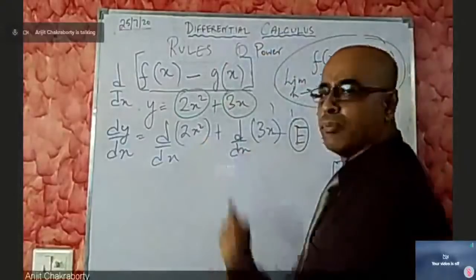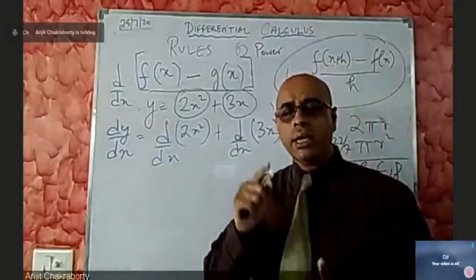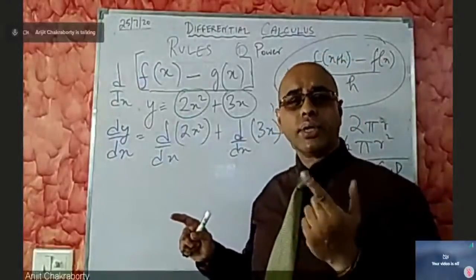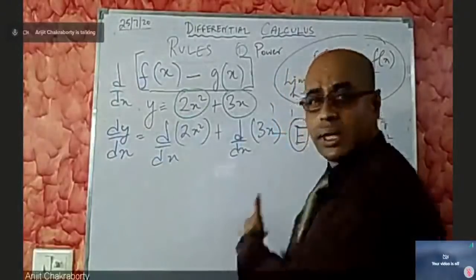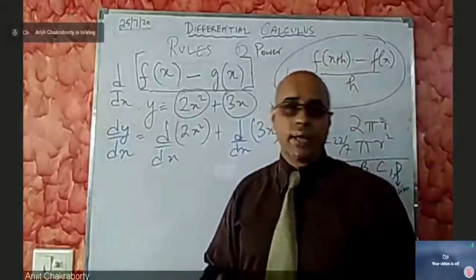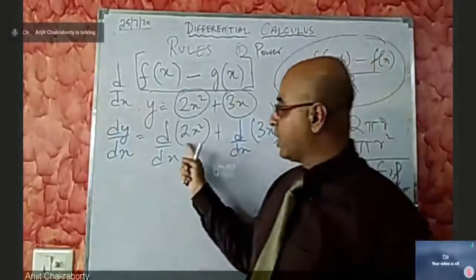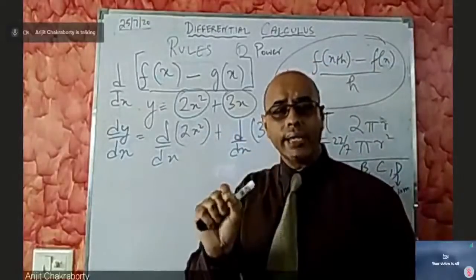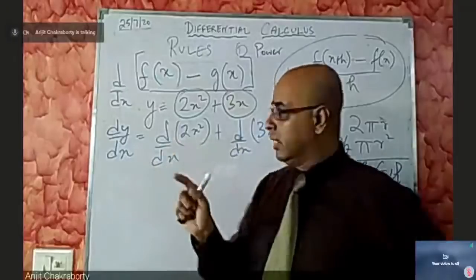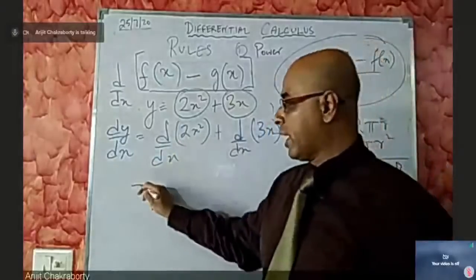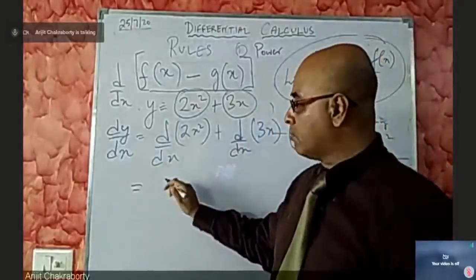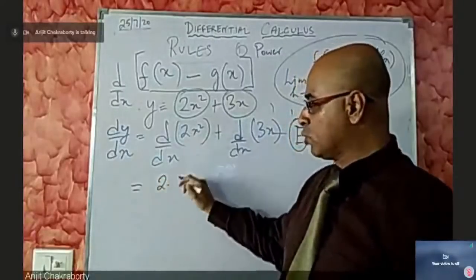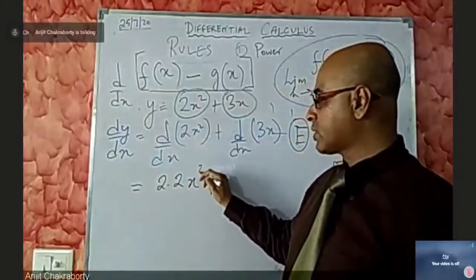Now 2x squared is of the form a x to the power n. And we have seen a few minutes back that the differential coefficient of a x to the power n is given by n a x to the power n minus 1. So for 2x squared, the derivative will become: the power 2 will come down, this 2 will remain, to the power x, 2 minus 1,